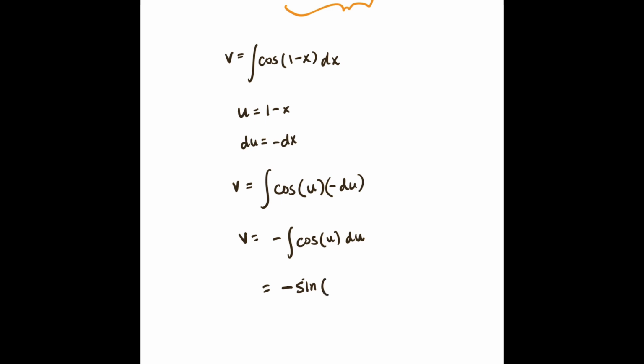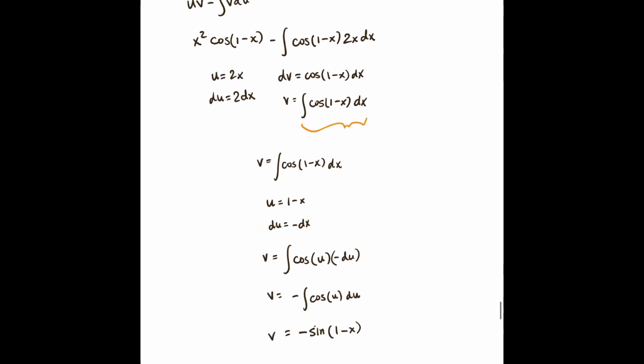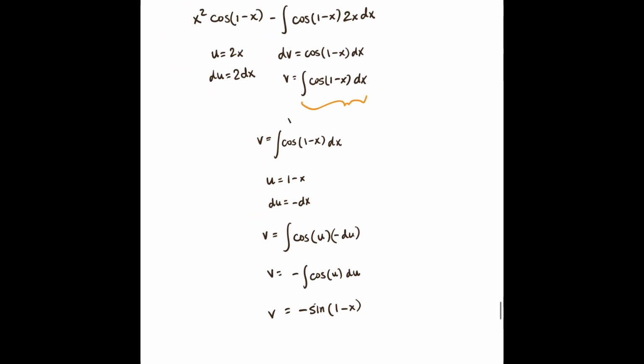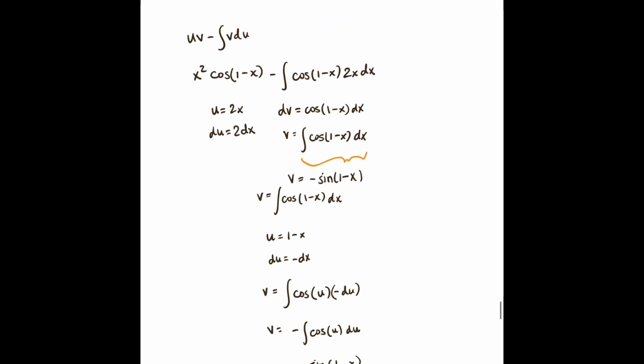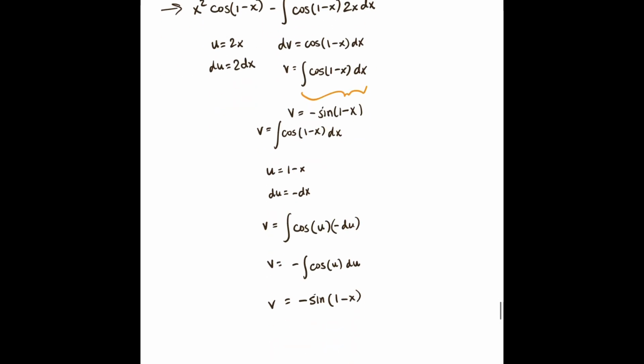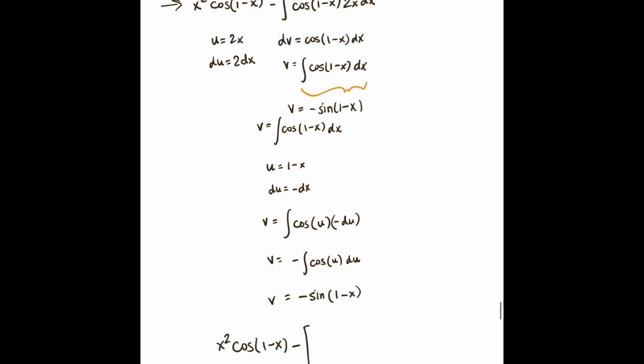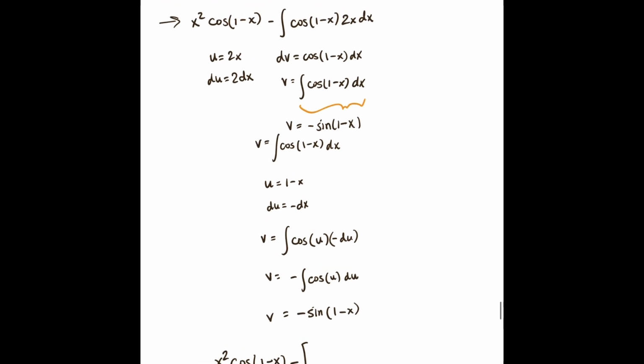And then plug our u back in, 1 minus x. This is our new v. Now writing our full equation again. Minus, and then this negative 1 is going to be distributed to whatever the integral turns out to be. So we're going to have uv,